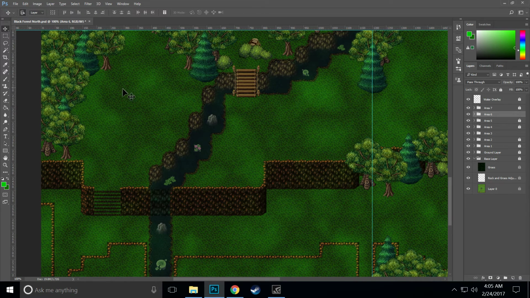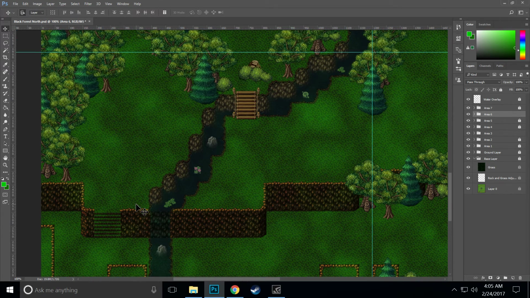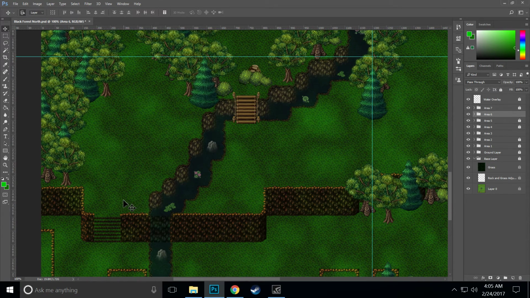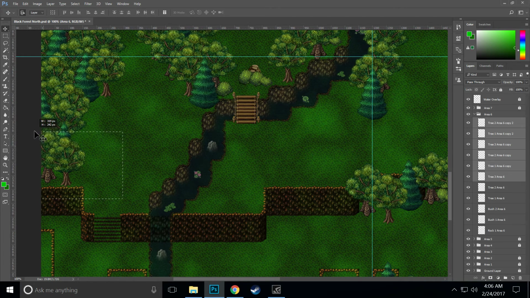So what you have is your groups of trees right here, and a lot of open space that you have left to map. And it's just really simple. All you have to do, and this works in Photoshop, I'm sure it works in GIMP as well, but it especially works in Photoshop where you have layer select. That's where selecting a layer by clicking on it actually selects the layer. It works well with the selection tool right here as well. You just select the trees that you want to copy,